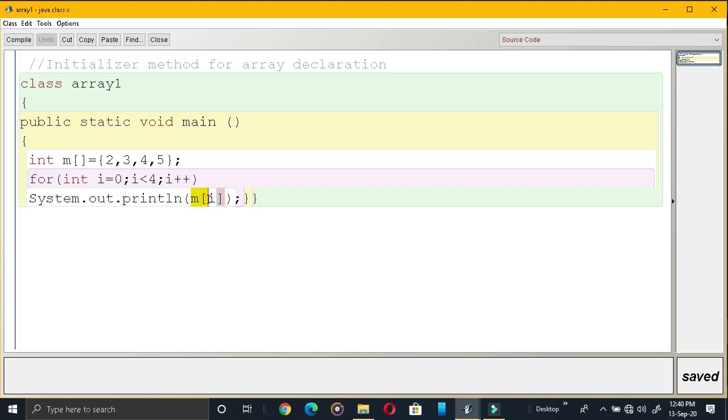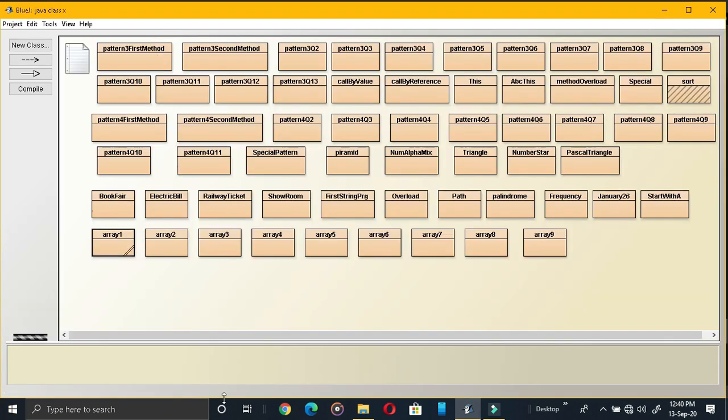M of 2 means 4 will be printed. Now I plus plus, I becomes 3. M of 3 means 5 will be printed. So let us look at the output. 2, 3, 4, 5. This is the output.